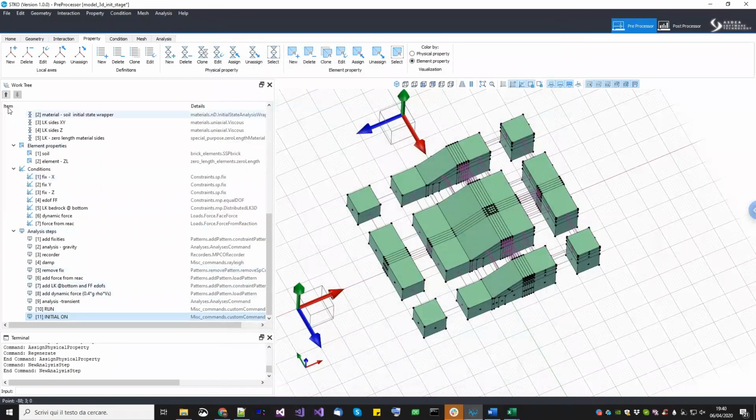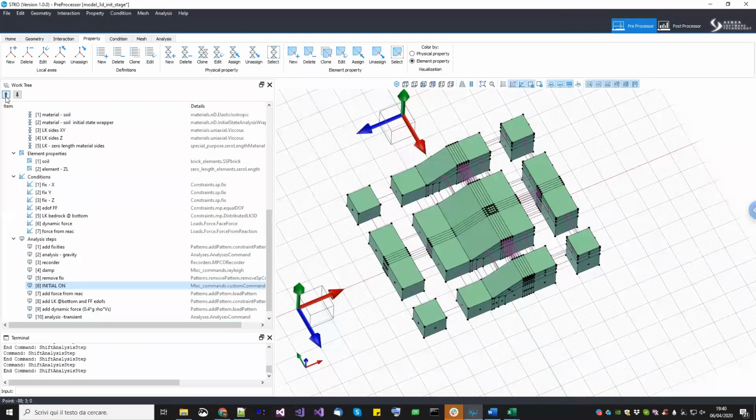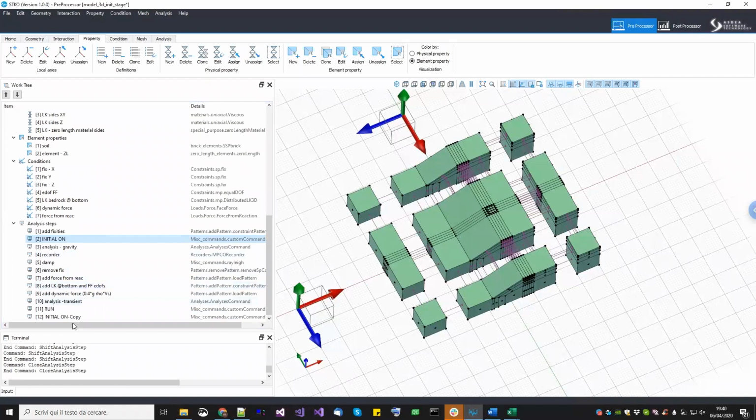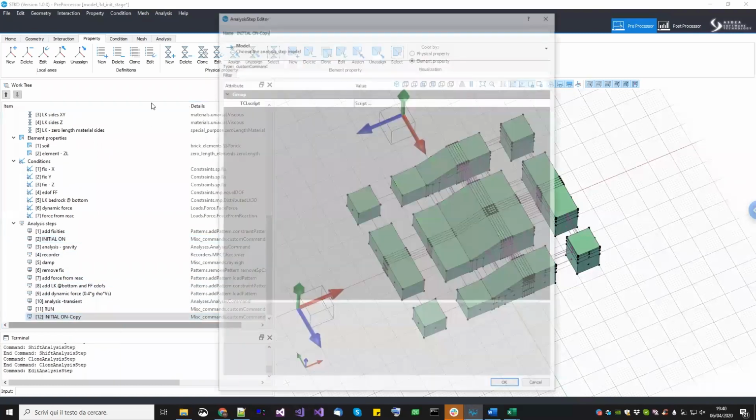Then I take this one and I move it just before the gravity analysis. Okay. So before running the gravity analysis, I turn on the initial state analysis. Now let me clone this one. I rename it initial state